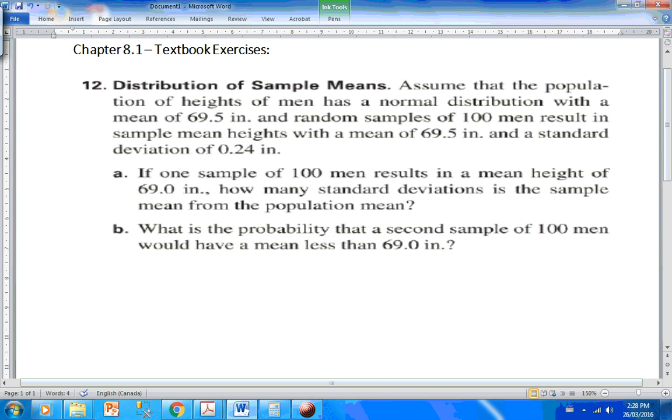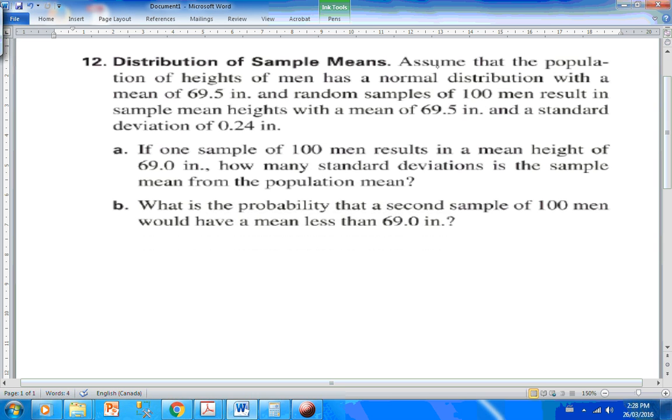Hi everyone, this is question number 12 from textbook section 8.1. Let's read this question carefully, because if we can interpret the question sentences correctly, that will enable us to answer the question correctly. So it says, assume that the population of heights of men has a normal distribution with a